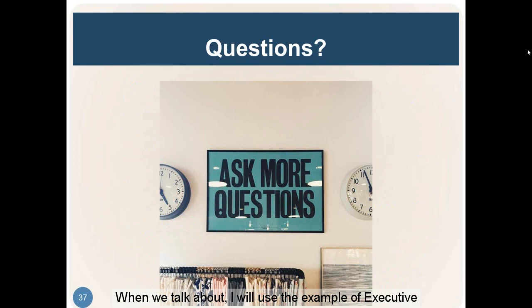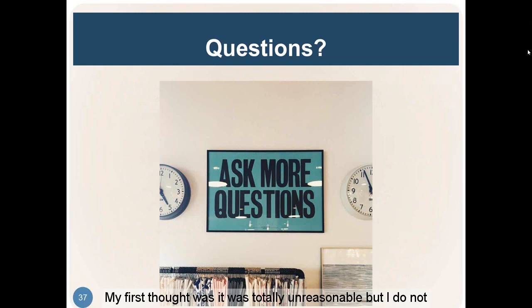When we talk about, and I'll use the example of executive director salaries at an agency. We were at one state that had an agency that had an executive director that made in excess of $350,000 a year. And for an agency that serves 4 people, that seems excessively high to me. But the agency was in a high-cost area and had $40 million in total federal award revenue. If you want to get a good executive director in an area like that, that's in a high-cost area and that has experience with a lot of programs, maybe you have to pay that much.